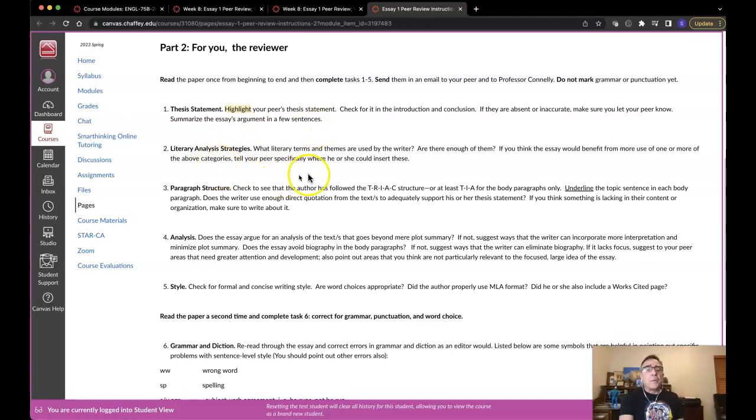Task number two is literary analysis strategies. I'm asking you to take a look there at the literary terms and themes used by the writer. Are there enough of them? Sometimes people just get into summary mode when they're doing a literary analysis essay. And sometimes that's a function of they don't know that they're supposed to put in literary terms. I hope I made that clear at the thesis statement level. Perhaps a larger reason why is that